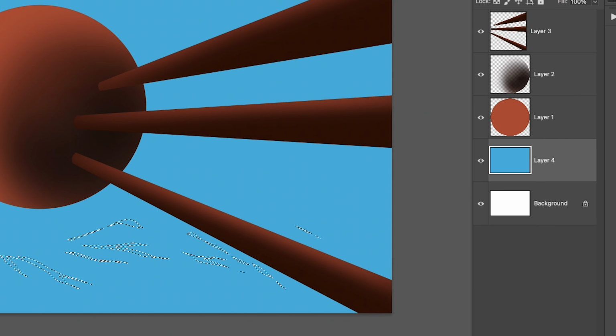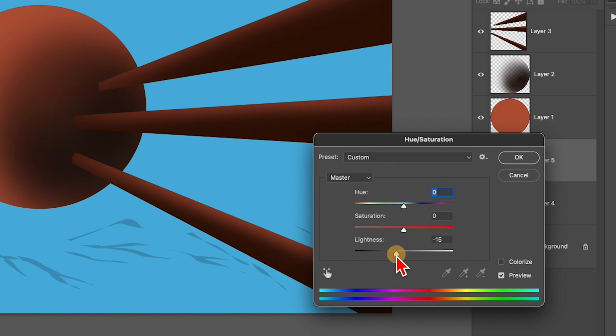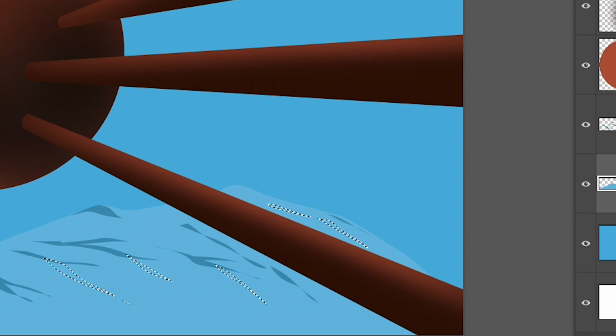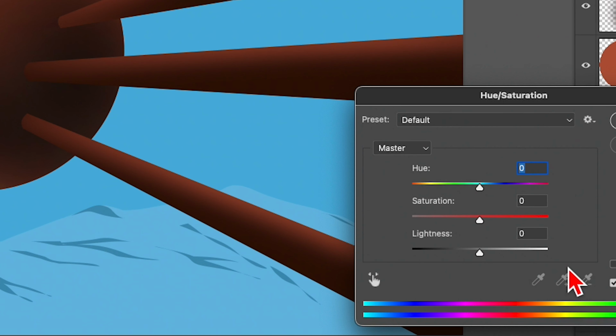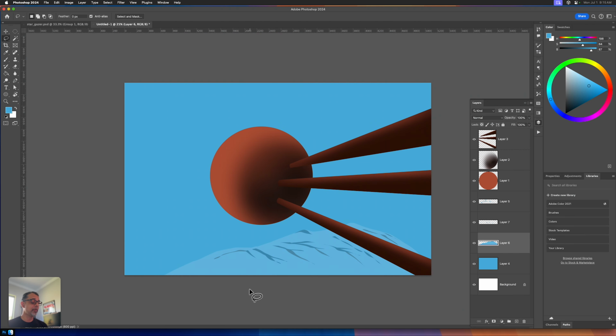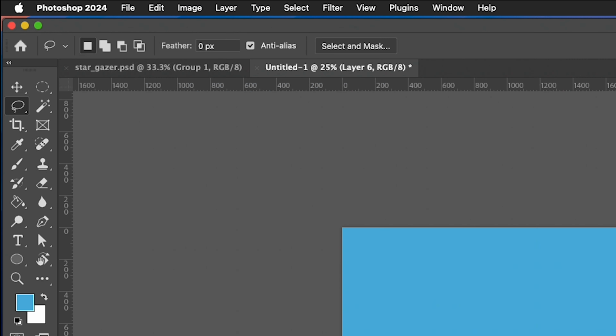And now I'll hit Control J and then move the lightness down. You can see that we're creating lines with the lasso tool. Command J, Command U. And I've got some hint of an environment, and I can go ahead and tweak this to my heart's content. From there, so we've got something that's in the immediate foreground, we've got something that's in the background, or I guess midground, because I'm going to create a background element here,